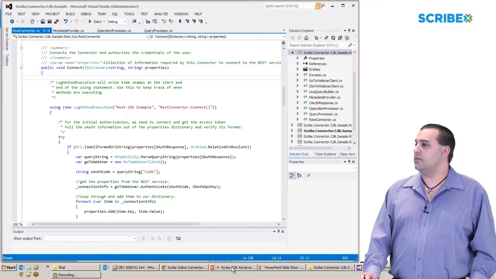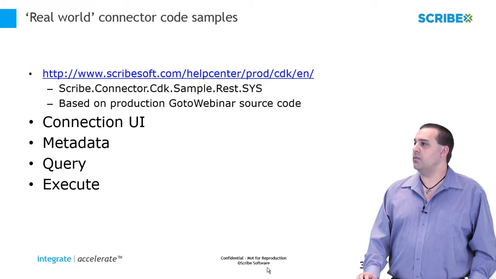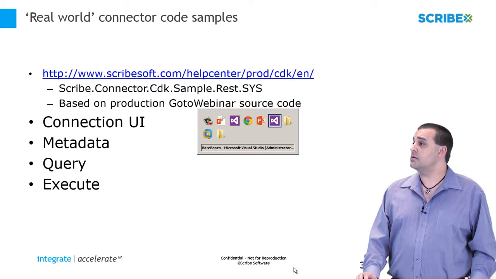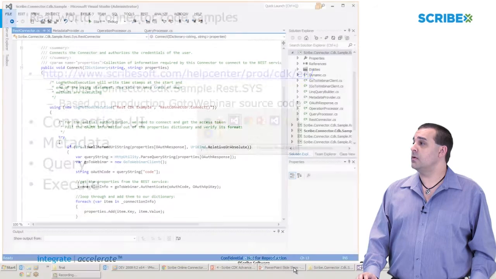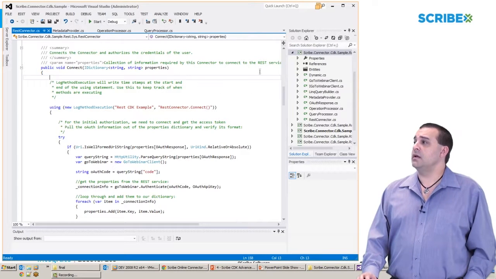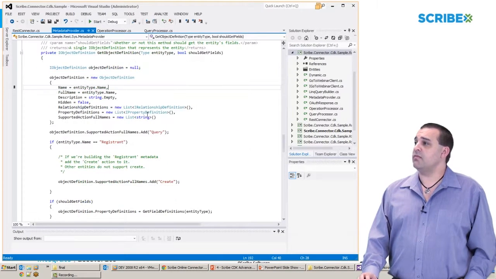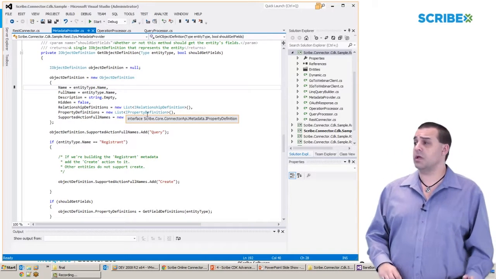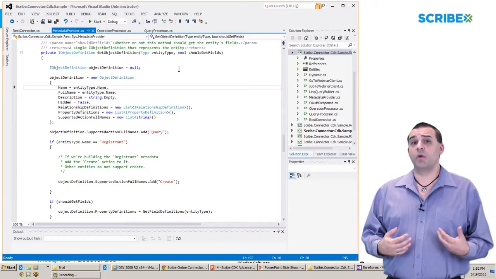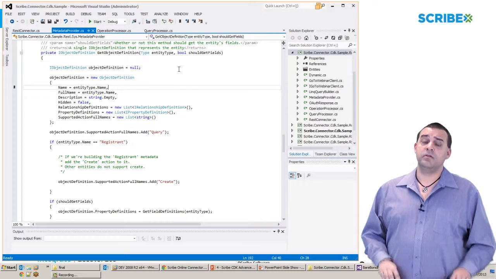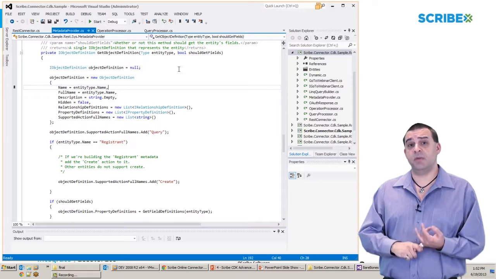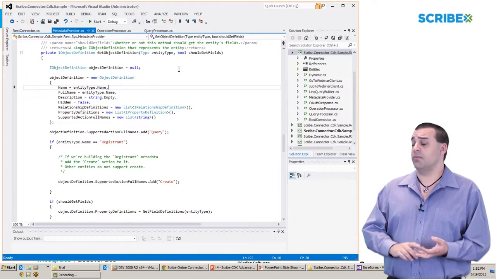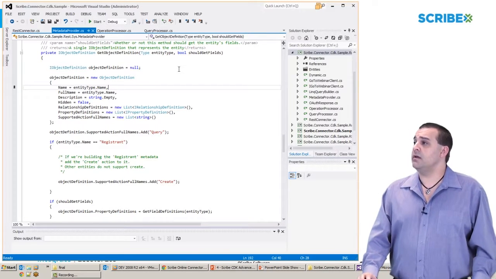Okay, what is the next thing we're going to talk about? We want to talk about metadata. So we'll go back in here, and we have our metadata class, and how this differentiates from the HelloWorld example that you've been working with is that this is grabbing real metadata. With the HelloWorld, you did hard code object information and action information, operation information. And here in our production code,